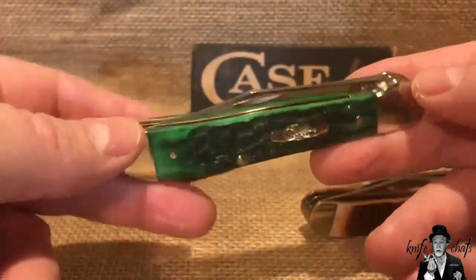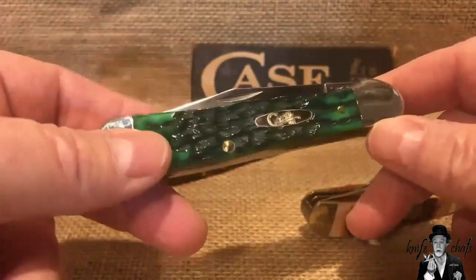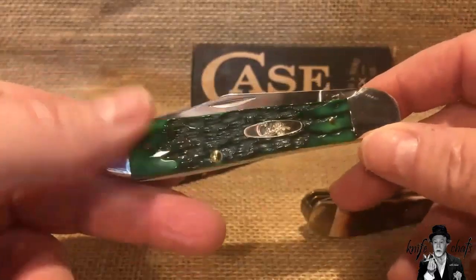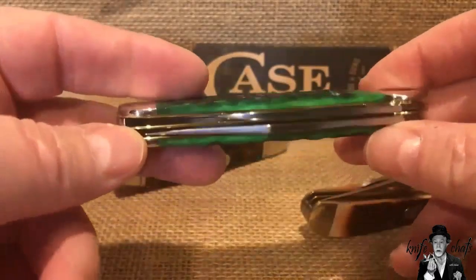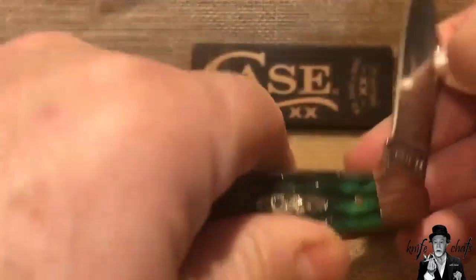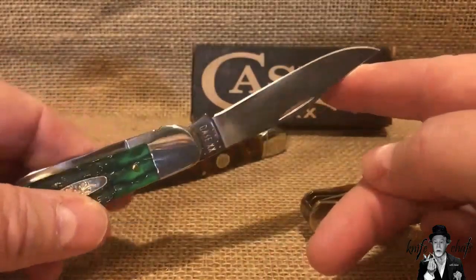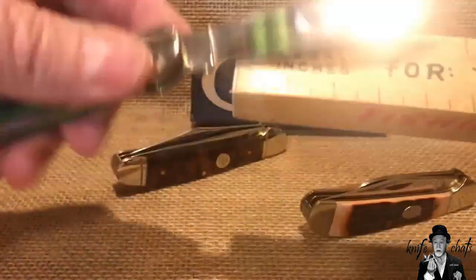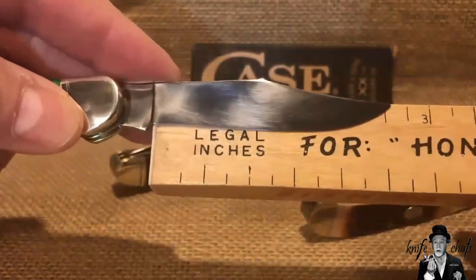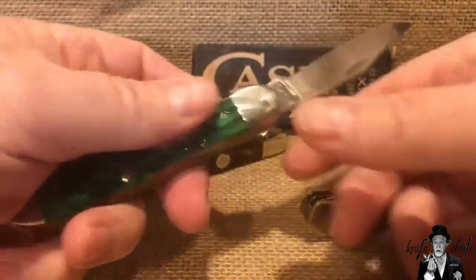And what I like about the Case version is the blade choices that it has, at least the traditional blade choices that it has. I know now that the Wharncliffe is very popular. They have also made these with a Wharncliffe main blade. I'm not crazy about that. I really like just your standard Case clip blade that they put on here. This is a 4-inch handle, so the clip blade comes in right at 2 7/8 inches, with a cutting edge that is just over 2.5 inches. So a nice size